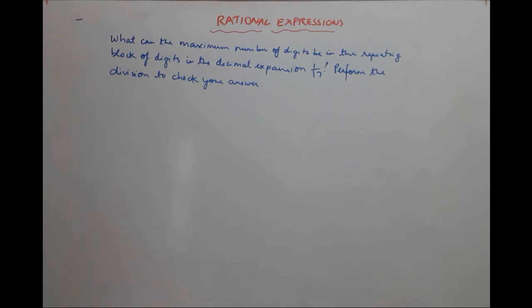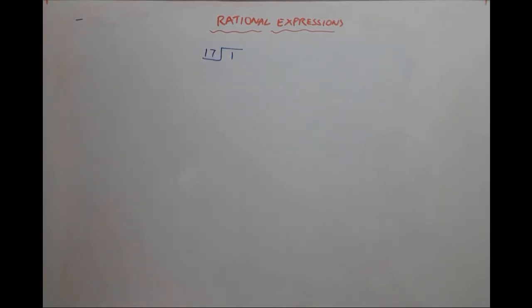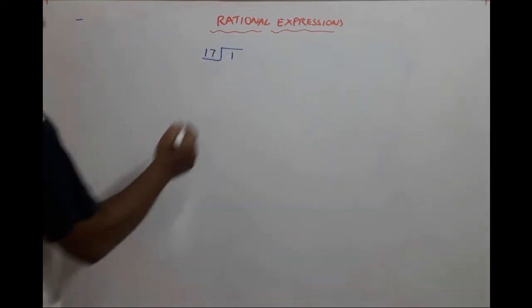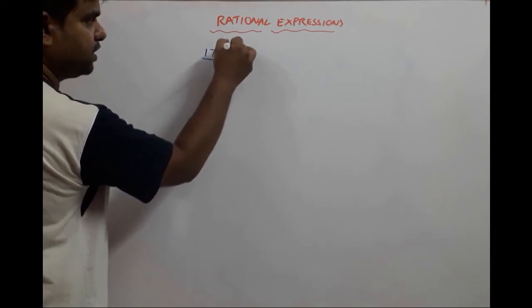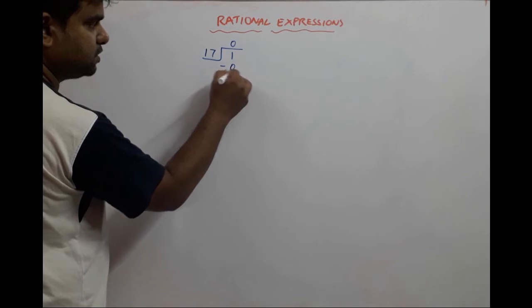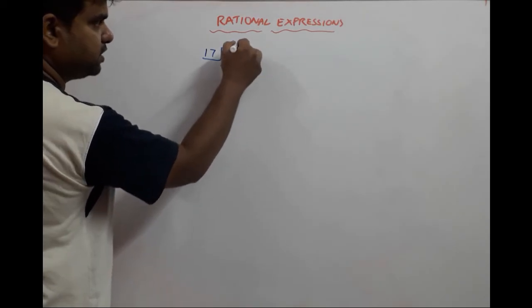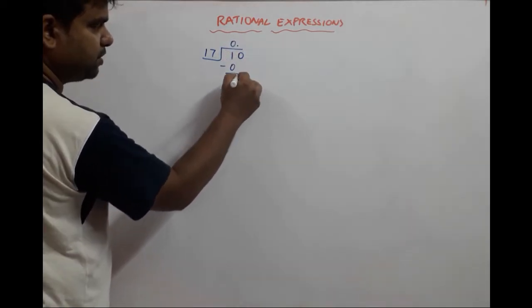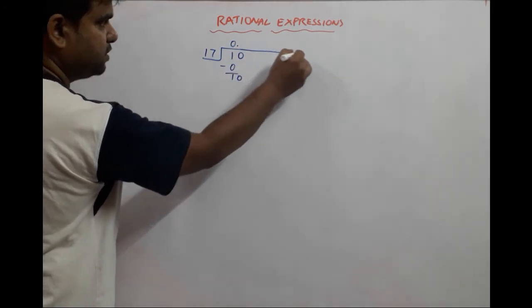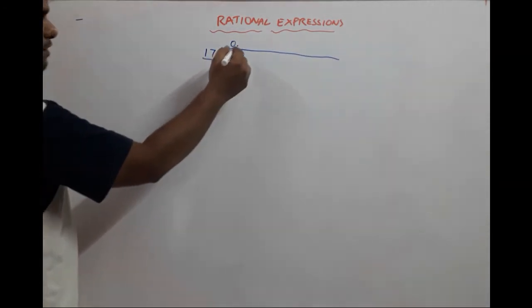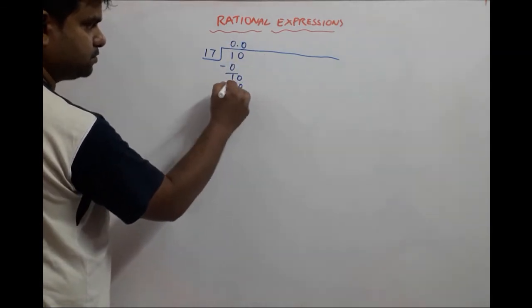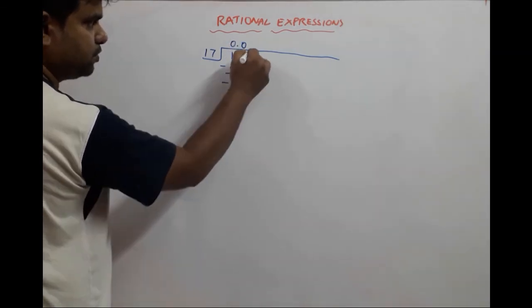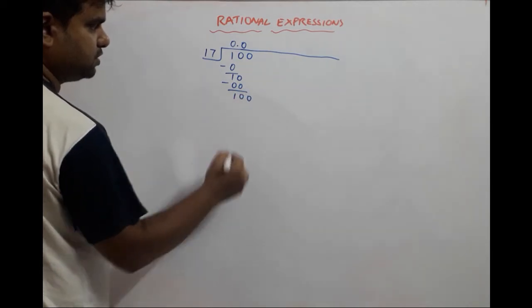So let us start solving this problem, that is 1 upon 17. So 17 divided by 1. Let's just see what we get. So this is 2 digits in the divisor, 1 in the dividend. So we cannot divide it. So 17 zeros are 0, 1. We put a decimal point over here because I'm going to bring a 0 here and bring it down. Again we cannot divide. I'll put another 0, 0, 1, 0. Put another 0 here and a 0 over here.